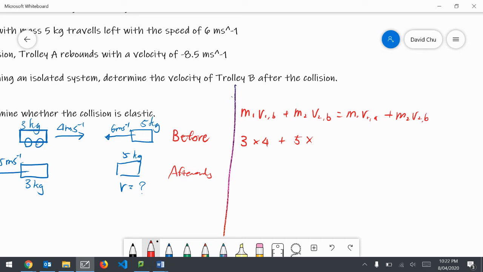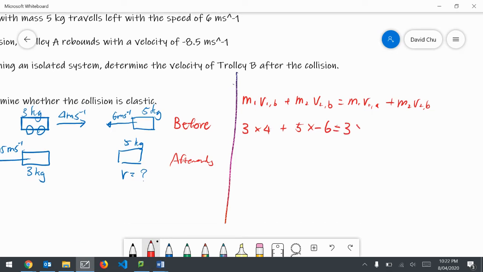Now note that momentum is a vector, so velocity is a vector. So if we define 4 to be positive towards the right, then v2 before is 6 meters per second going the other direction, so this has to be minus 6. Just keep in mind that you need to keep the signs consistent. Now we know the masses don't change, so 3 times minus 8.5 as previously determined, plus 5 times